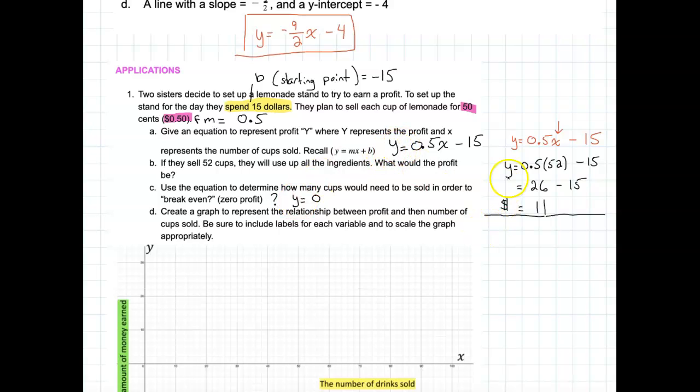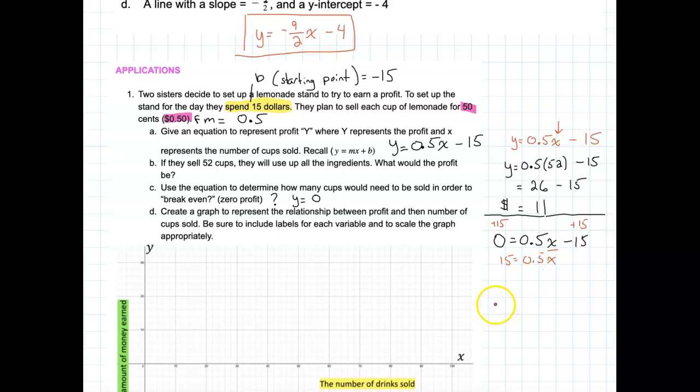So I'm going to take that equation here, and I'm going to substitute 0 for profit, 0 for Y. 0 equals 0.5x. X is the number of cups. That's what I'm trying to find out. How many cups do I need to sell to make it 0 profit? Minus 15. Okay, let's just treat this like any equation. I need to isolate this x and undo the operations around it. So I would add 15 to both sides. So 15 is equal to